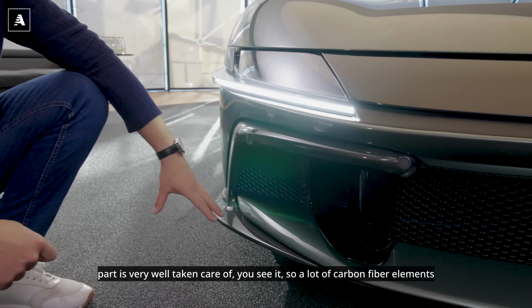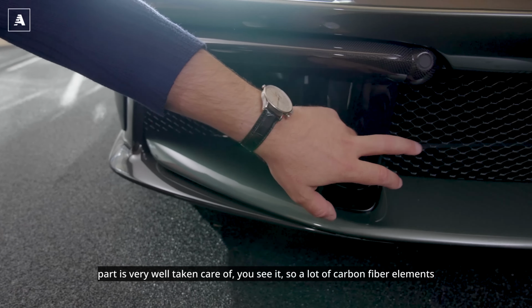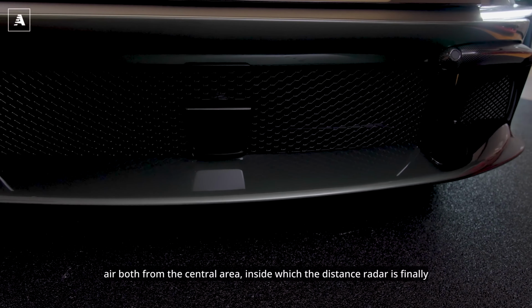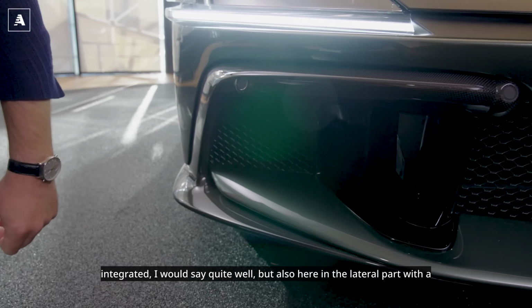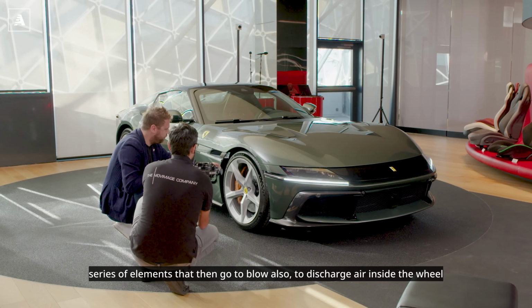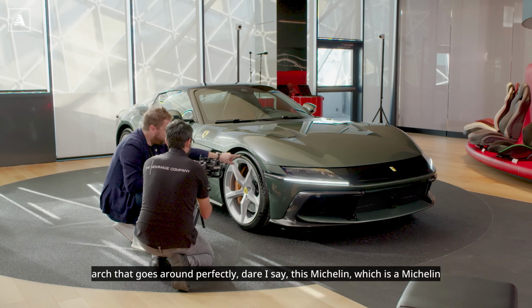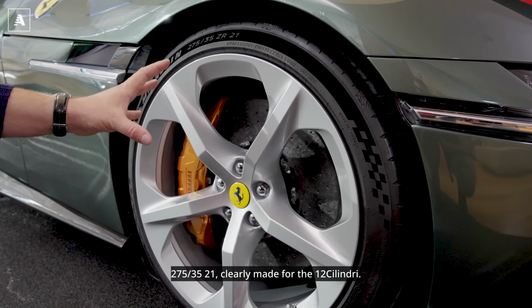The aerodynamic part is very well taken care of, you see it. So a lot of carbon fiber elements go into the aerodynamic package, with the radiators taking air both from the central area, inside which the distance radar is finally integrated, I would say quite well, but also here in the lateral part with a series of elements that then blow and discharge air inside the wheel arch that goes around perfectly, dare I say, this Michelin, which is a Michelin 275-35-21,